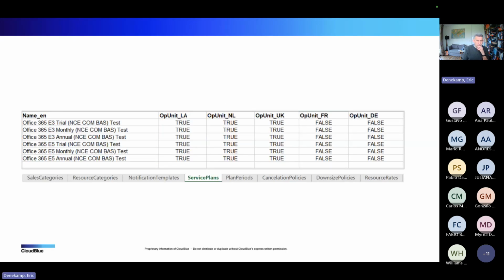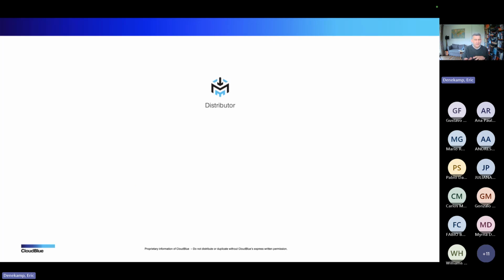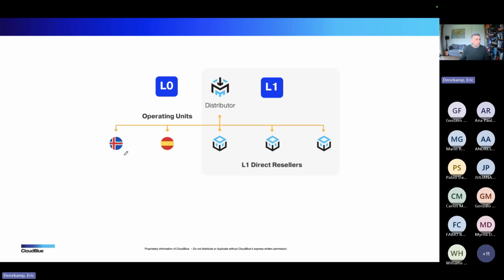Of course, next to my operating units, I also have the direct resellers. So now we're not looking at those countries that are part of my own organization, but I'm configuring, let's say, the direct resellers or my direct competitors that are on my same platform. For PLM, those are two different things. Operating units is one thing. It looks at that init wizard country code and delegates accordingly.